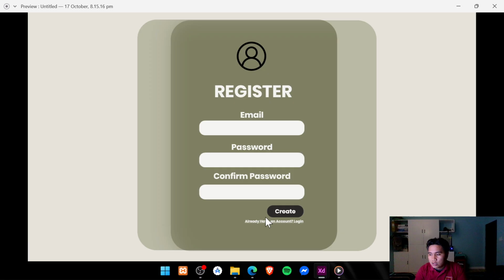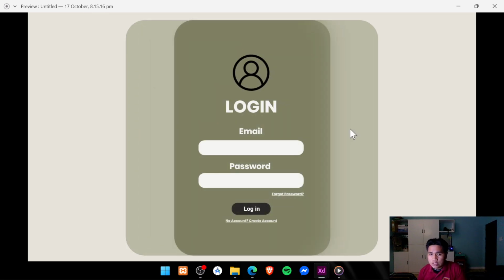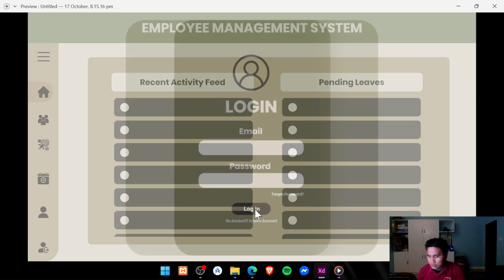So in this part, if you create an account, just like I've said earlier, I've added an indication which will not confuse the users that are going to use this website. In the design between these two, I've added a box to make it more appealing and more modern. So let's move on to when you press login.